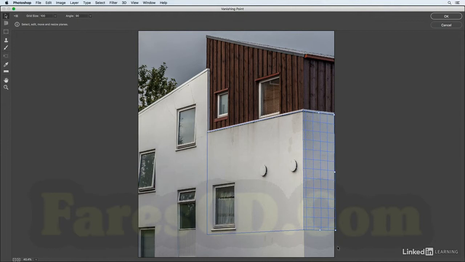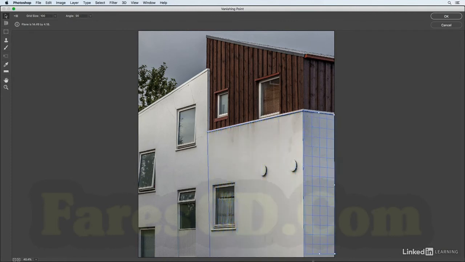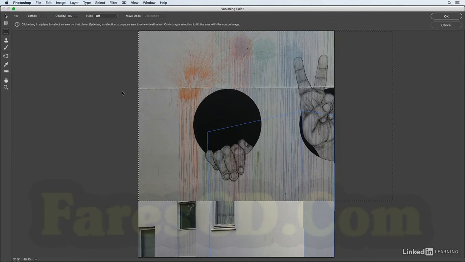I can also click and drag on the center point icons, and I can click on the other plane to activate it and drag that down as well in order to expand the plane. All right. Now, since I've got that other image copied to the clipboard, I can use the keyboard shortcut Command V on Mac or Control V on Windows in order to paste that in. Then I'm going to tap the T key, which is going to select the Transform tool.